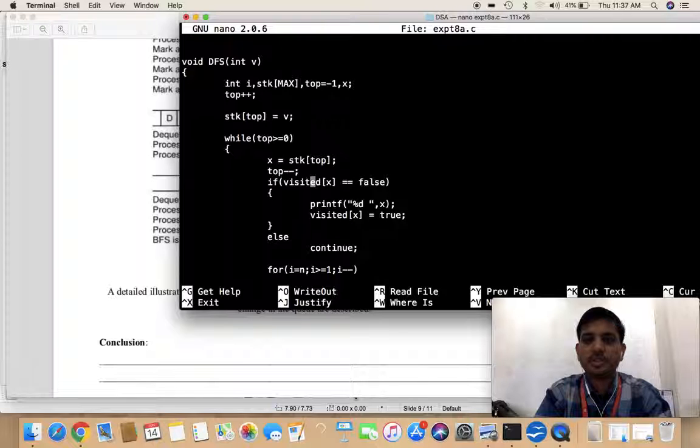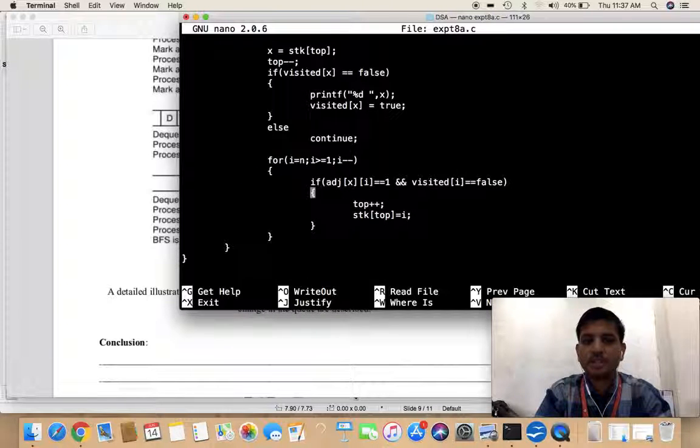then after that we have to check that visited of x is equal to false. If it is equal to false, then we have to make it true. If it is already true, then we have to check for the next vertices. So if it is false, then we are making it true. Then next one is for i is equal to n down to i greater than or equal to 0, i minus. So it means that for every vertex,